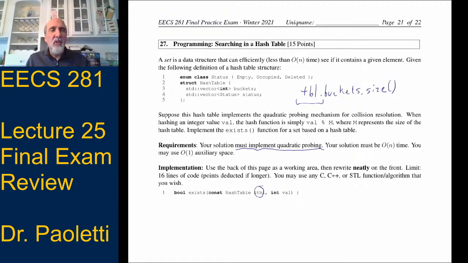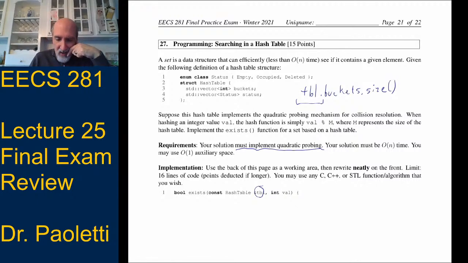So in the solution in the PDF, I thought of it as a do-while loop. But this time, let's write it as a for loop. I think that's the way most students think of it, as a for loop. I thought of it as a do-while loop because I knew I would have to probe at least once, even if I get lucky and it's right where the hash function says it should be. Then I'm okay there.